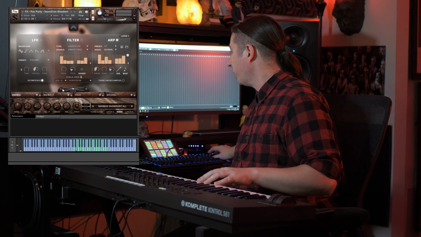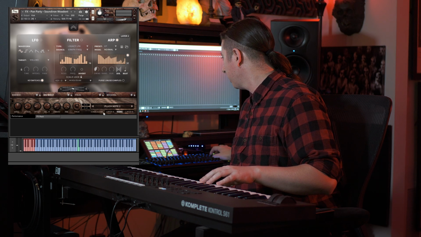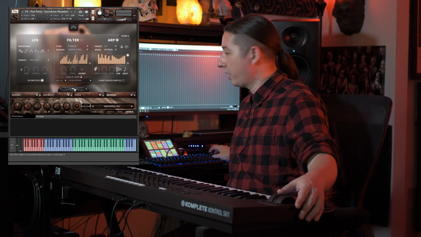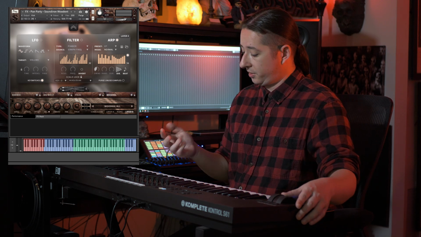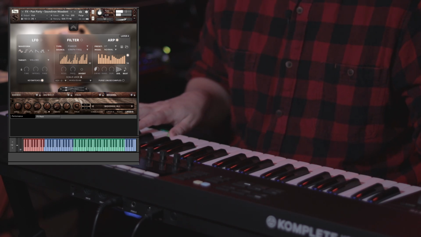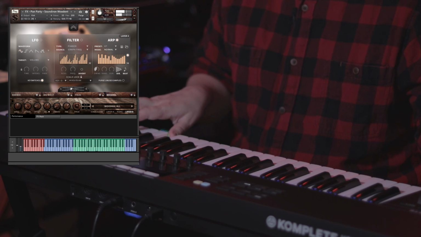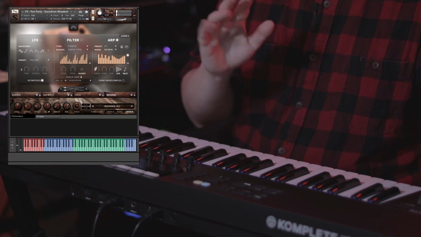And all of these are customizable as well. So if, let's say, you like this preset, but maybe you want to expand on it a little bit, what you can do is set this to layer A, and then layer 2 to layer A, layer 3 to layer B, and layer 4 to layer B. And then let's just go ahead and map this to the mod wheel, and we'll see what happens. And if you want to just hear that on one note,